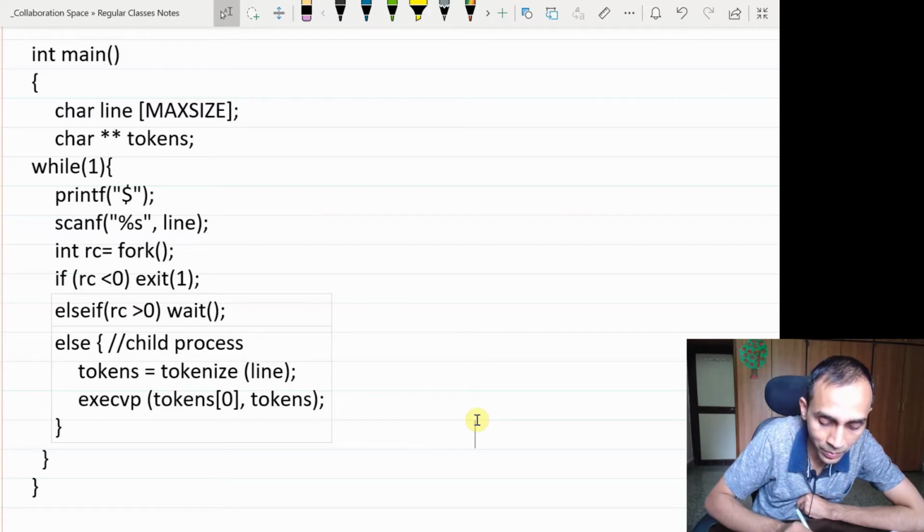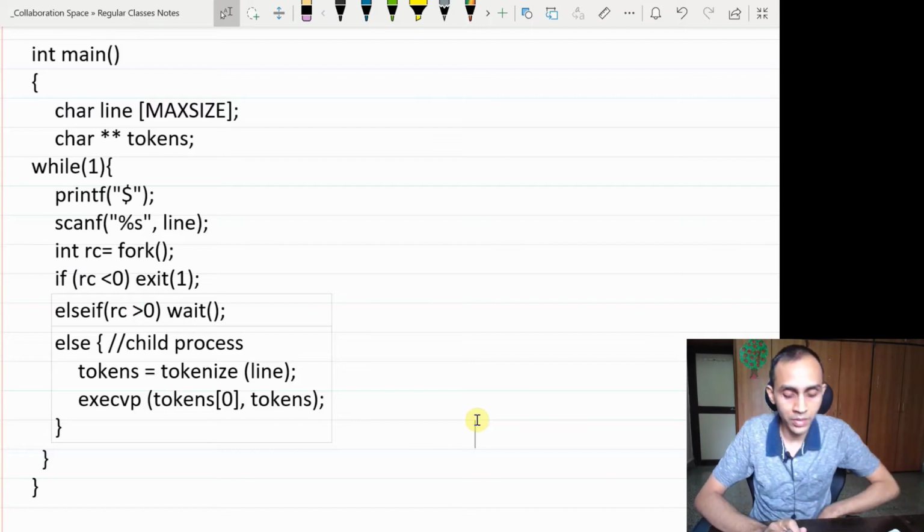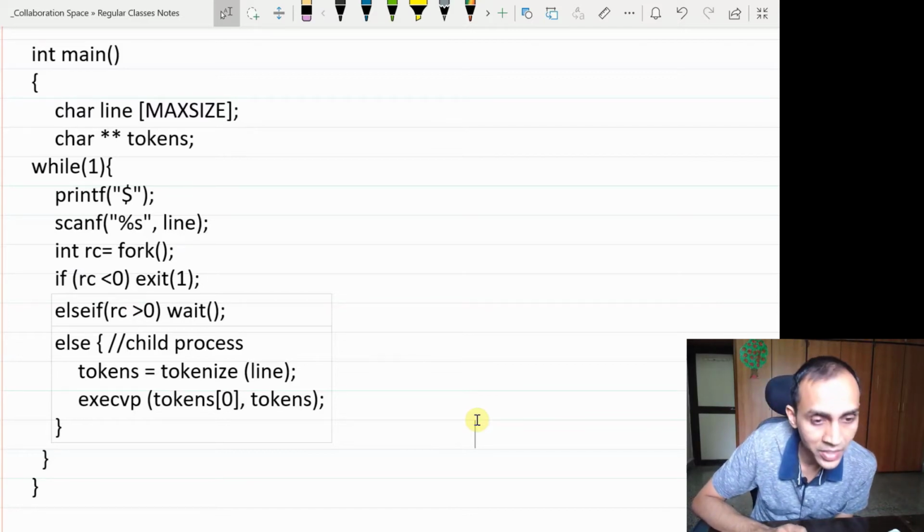Instead of doing it in the parent process, it's better to create a new child process and let it just finish, instead of altering the environment for every command. That is one important reason why we want to do a fork and run this program as a separate child process.